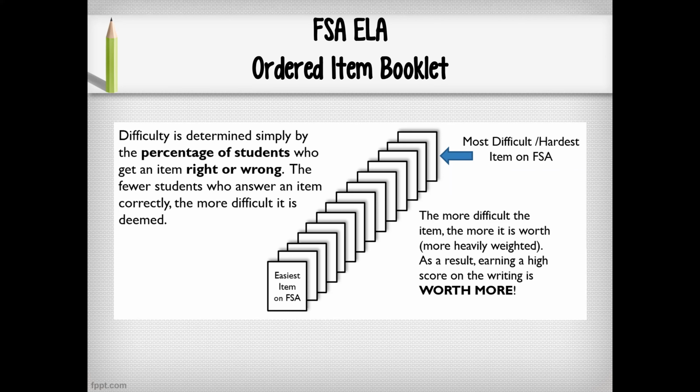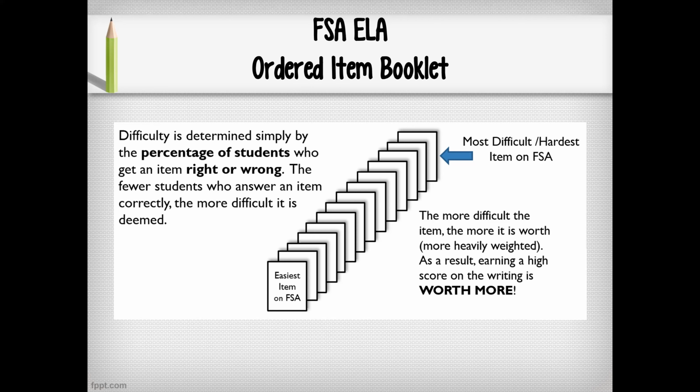And I want you to think about the writing assessment as being 10 different pieces of paper, because you have a 1 in conventions, a 2 in conventions, a 1 in purpose, focus, and organization, a 2 in purpose, focus, and organization, and on and on and on. So you've got those 10 points on the rubric that actually are going to count for 10 different items on the assessment. What happens is every spring after students take the assessment, they then put the items in an order